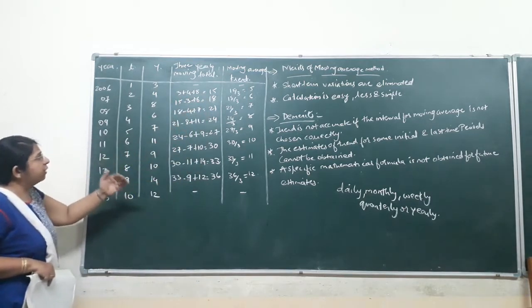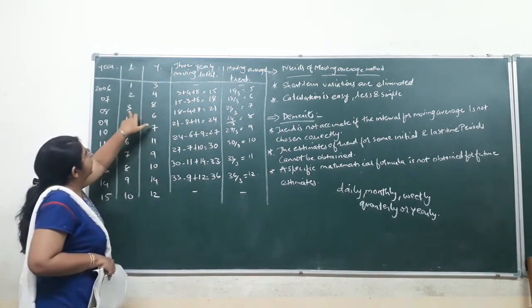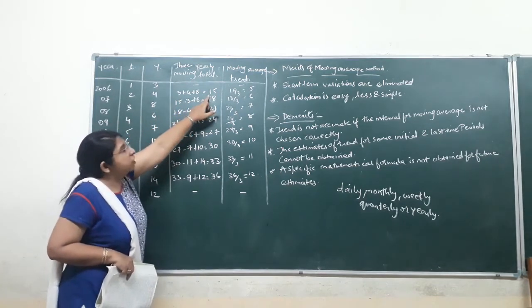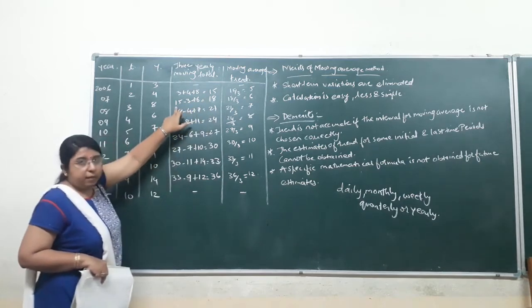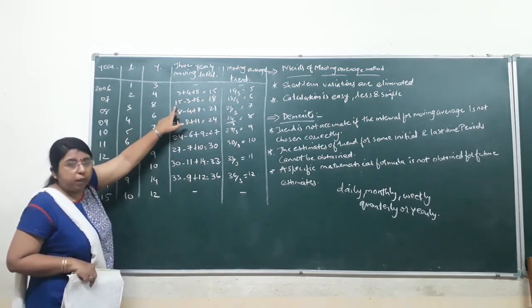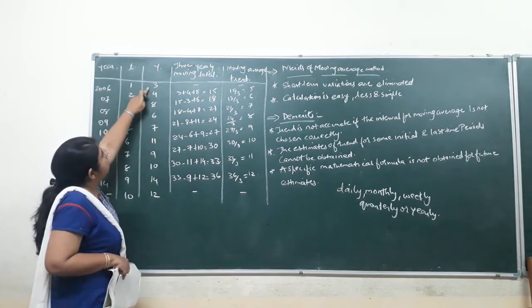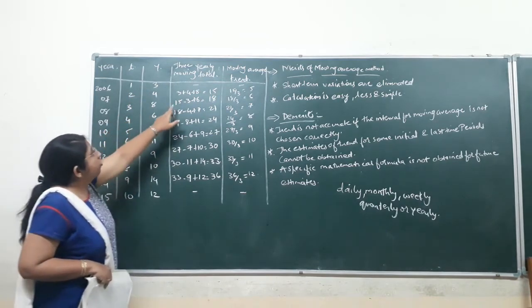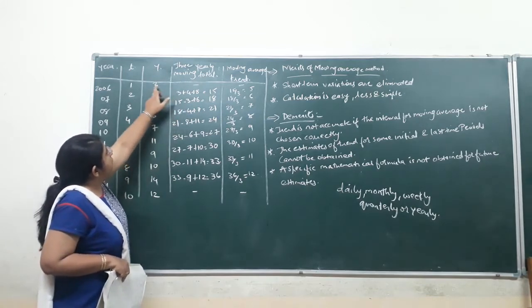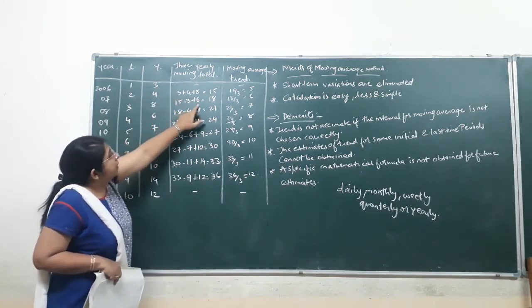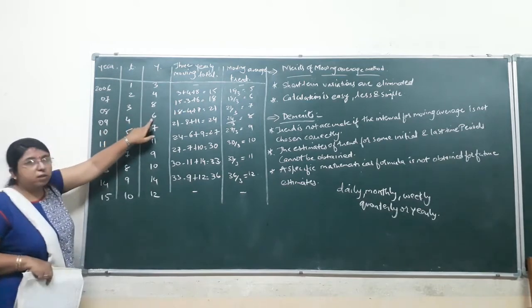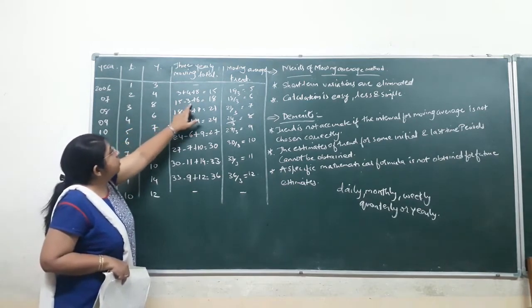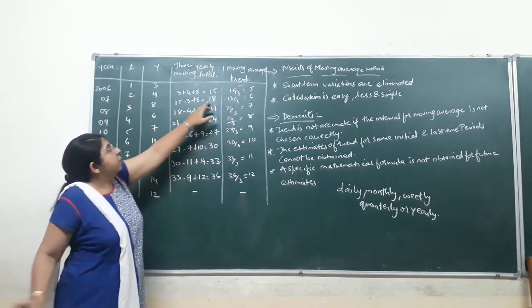Now in the same way, when the t value is 3, what would the total be? Whatever the previous total was, you have to place it as it is, that means 15 over here. From that, you subtract the first value and add the next value. So from 15 you subtract 3, that is the first value, and you add the next value after 8. What is the next value after 8? That is 6. So 15 minus 3 plus 6, you will get 18.